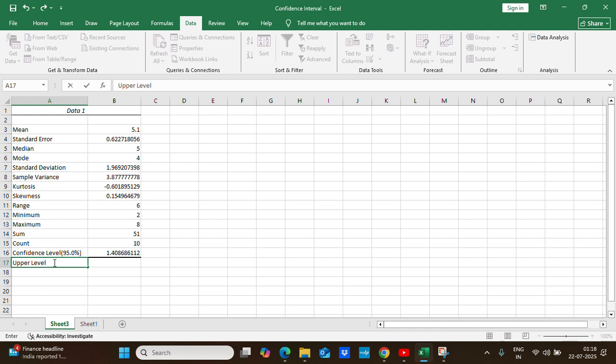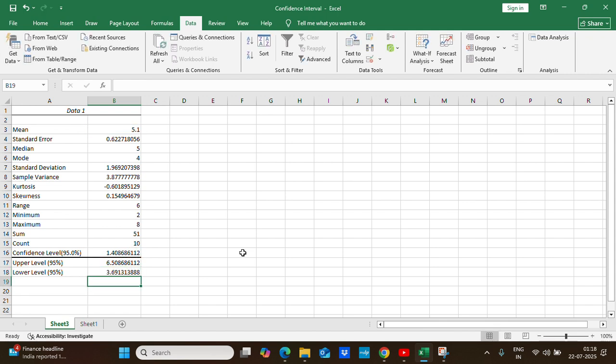we have to add upper 95% and lower level 95%. What we have to do: equal sign, then we have to select mean plus confidence level. So this will give the upper level 95% confidence interval. Same way, equal to mean minus confidence level. So this will give you the lower level 95% confidence